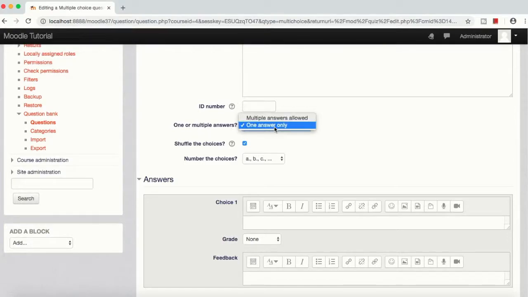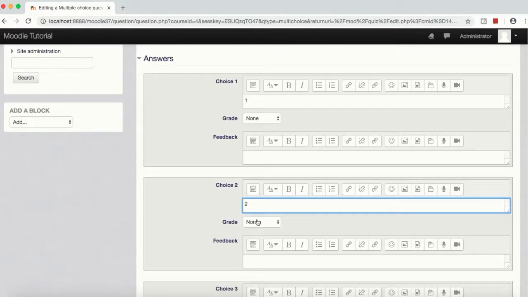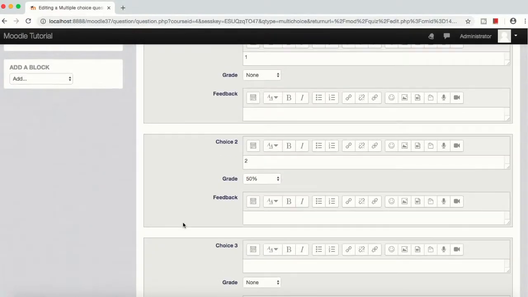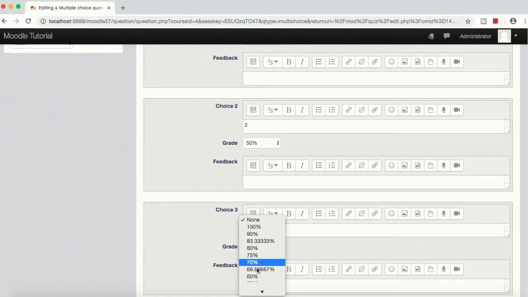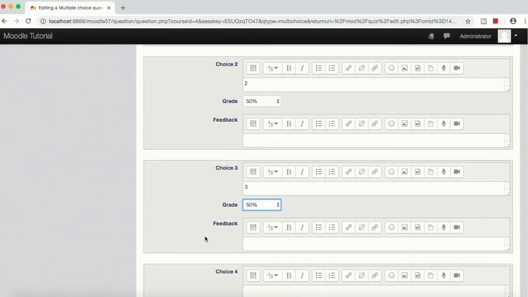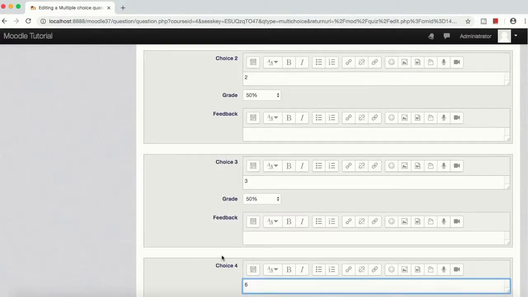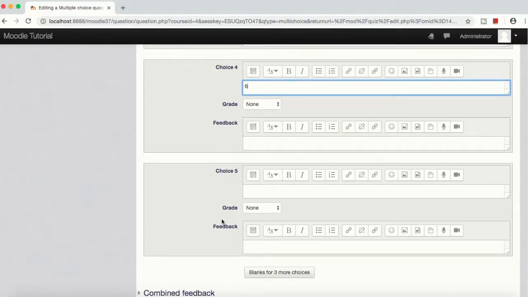One or multiple answers, so say multiple answers. Choice would be 1. Grade none. Second choice would be 2. Let's say grade 50. Choice 3 would be 3. Let's say grade 50. Next would be choice 6, which is wrong, and so on. So if I just want to put 4 choices,